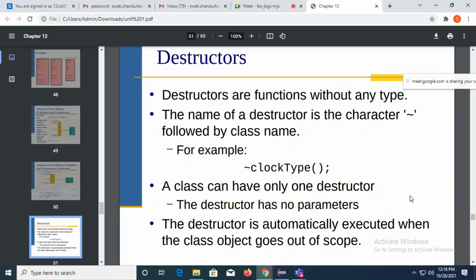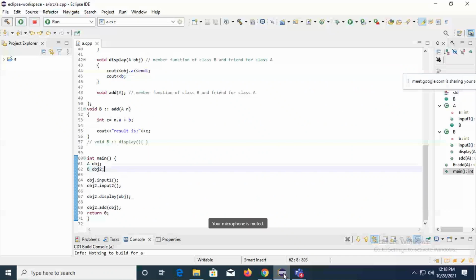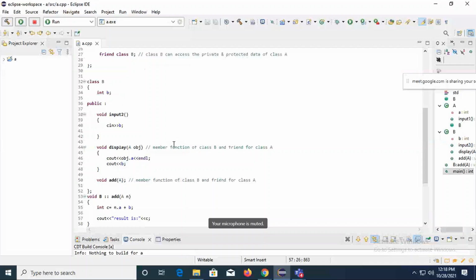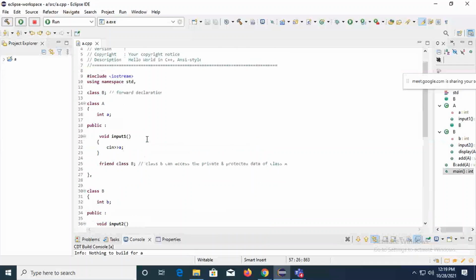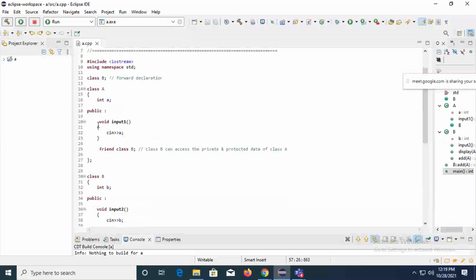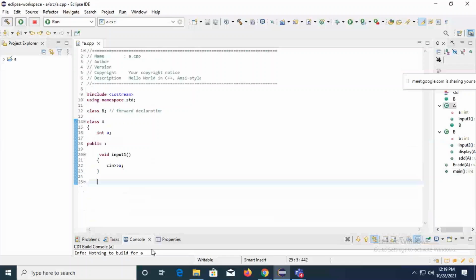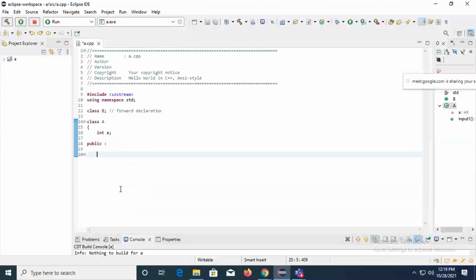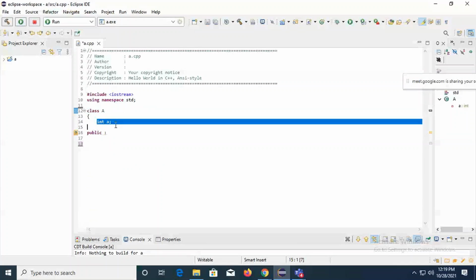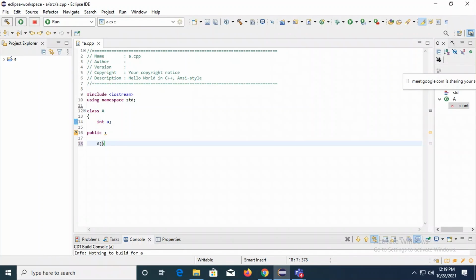I will show you in the same class what I will do. Just a little bit up. So here you can see I'm writing one class. I'm taking one variable and here I will write down a constructor. This is a default constructor. I'll just type one message here: Constructor is called.